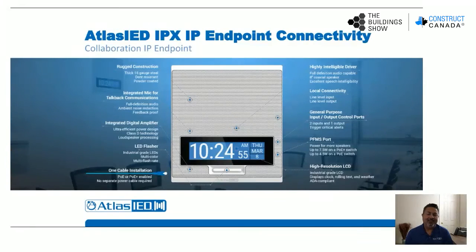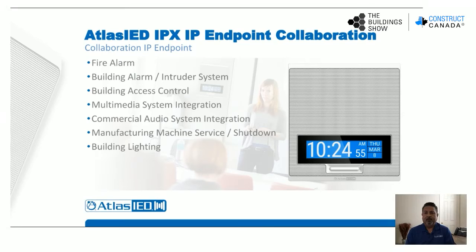There's even another channel of amplification available if the space is large and needs to be covered. By simply adding an analog speaker onto this IP endpoint, you can cover the larger space in question. So there are a lot of handshaking capabilities. Some of the devices that have been used with IP endpoints in these scenarios are, as I mentioned, fire alarms, but also other third-party systems like burglar alarm or intruder systems, access control systems, and multimedia systems.